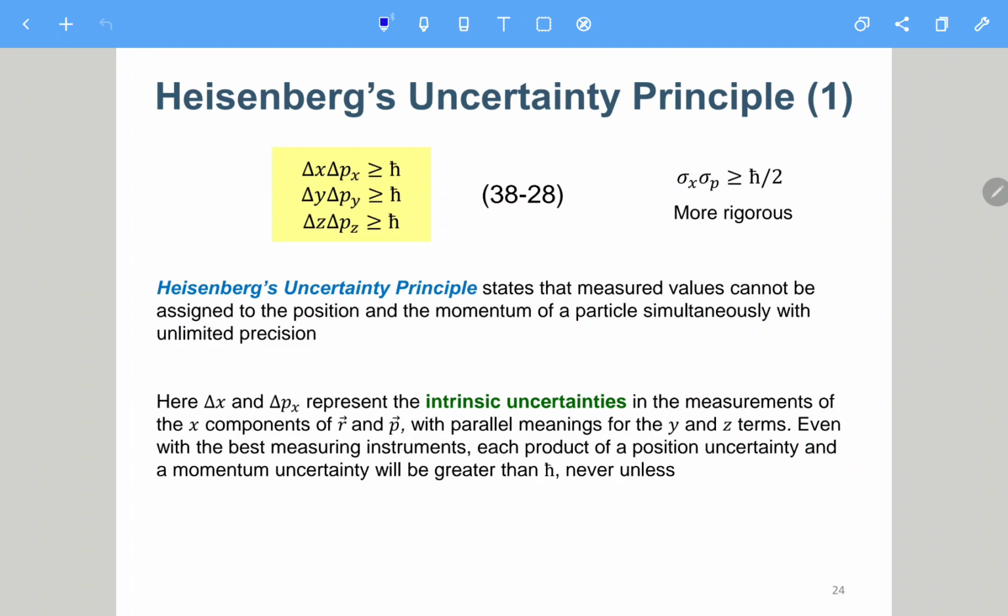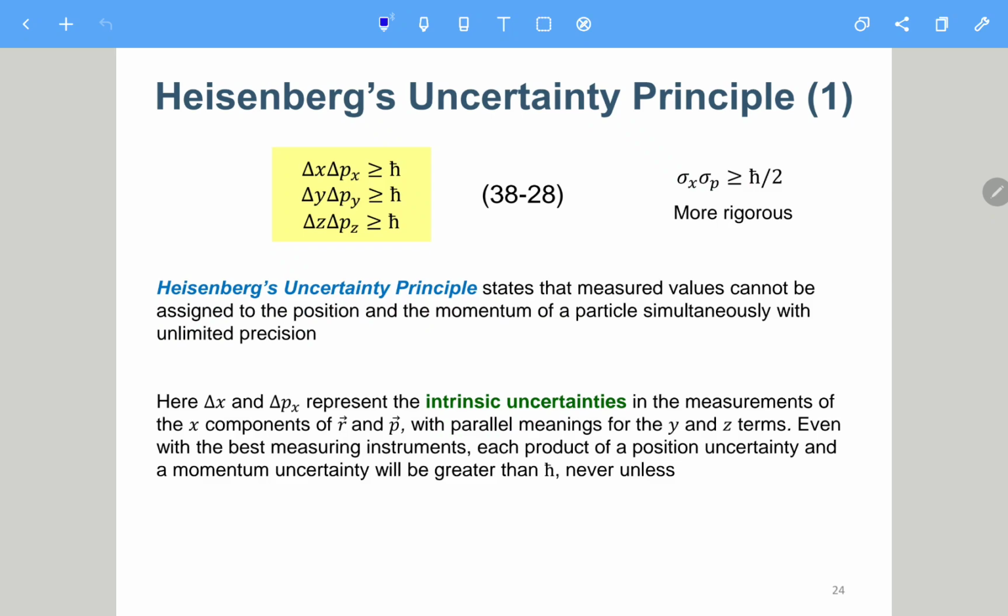And the Heisenberg's uncertainty principle is like this. We have a delta x, which means that if we try to measure the distance, the position, the x coordinate. Yeah, all these three are just x, y, z coordinates, so you can just consider the first one. So delta x is the x coordinate. If we try to measure it, there may be a measurement error. This measurement error, we call it delta x. And also, we try to measure the velocity or the momentum.